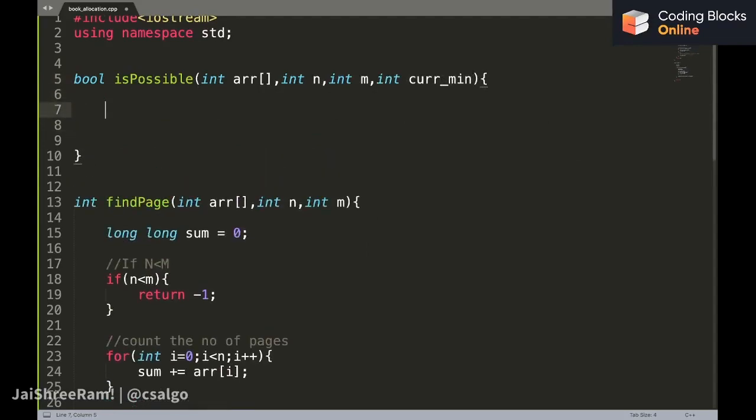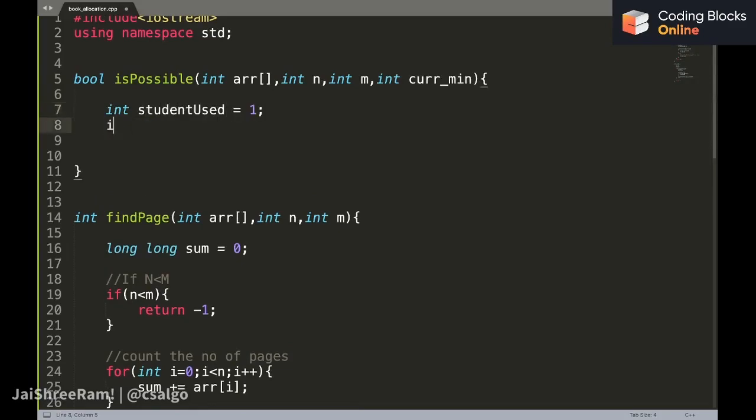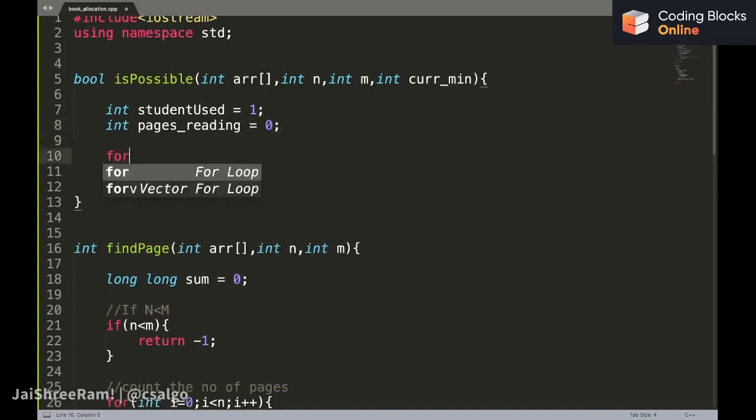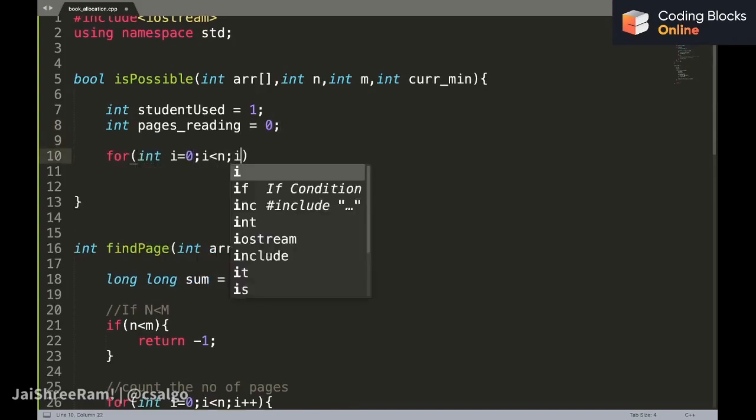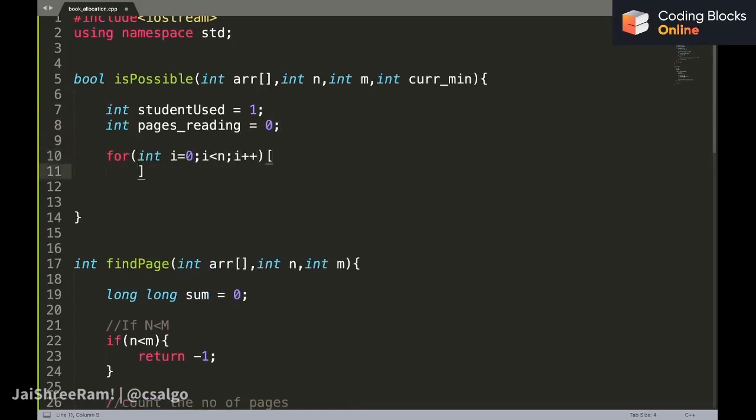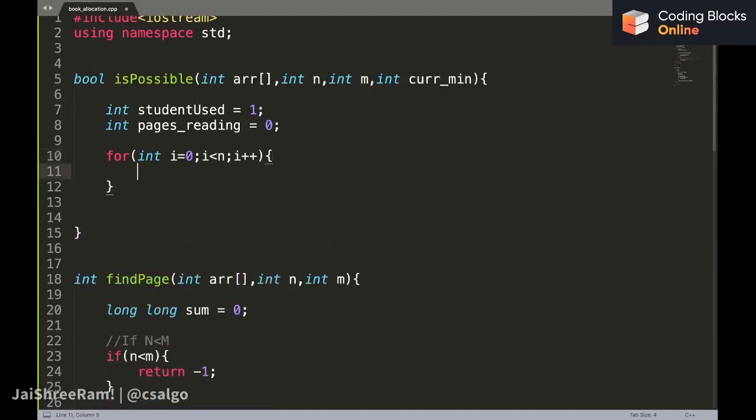What we will do is take the first student. So let's say students used is 1, and int pages the current student is reading is equal to 0, and I will iterate over all the books, i less than n, i plus plus. And what I will do is, if